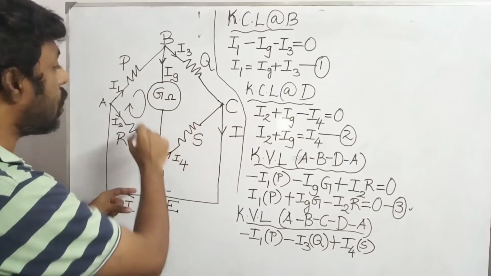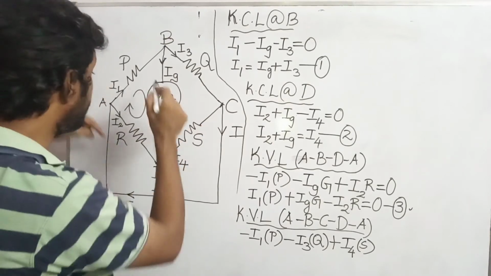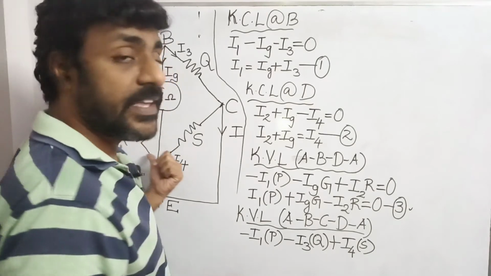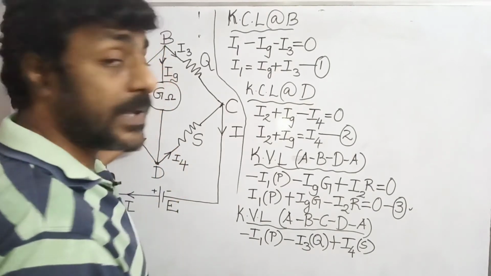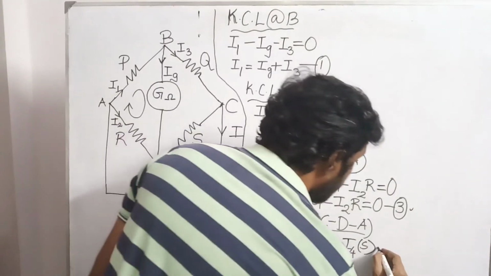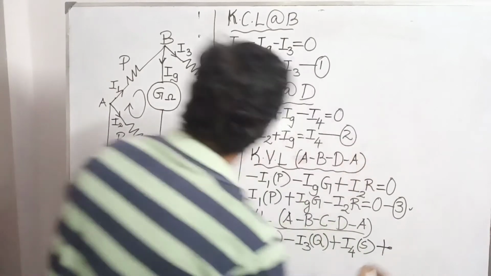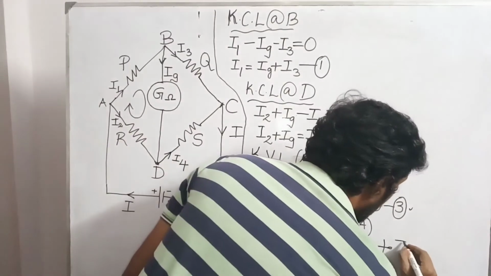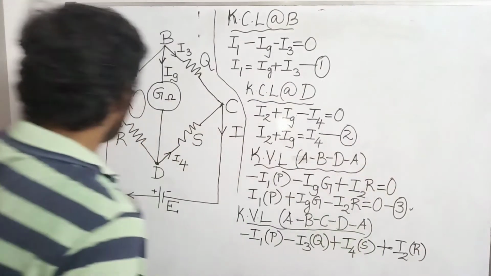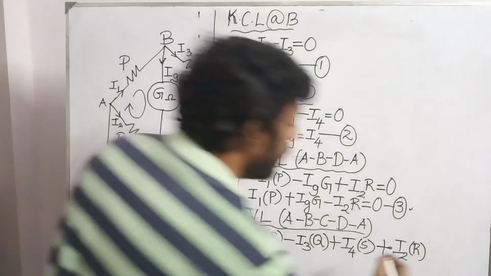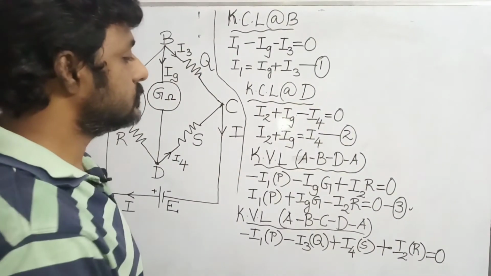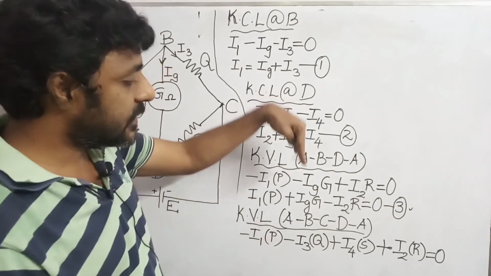Again, while moving in the clockwise direction, I happen to encounter a current that is moving in the opposite direction. So I multiply the value of the current along with the resistance, so that I'll be getting a voltage drop in this branch. Since it is moving in the opposite direction, I automatically introduce a positive sign and multiply the value of current along with the resistance, I2 into R, and I equate this to 0. You got it?